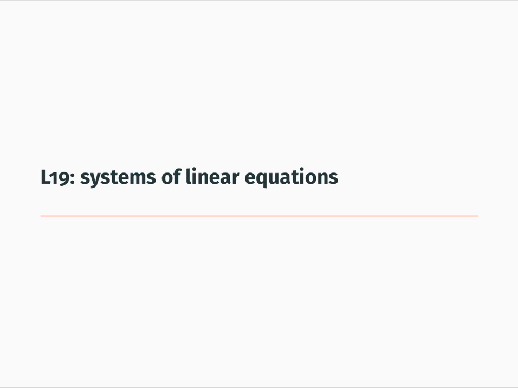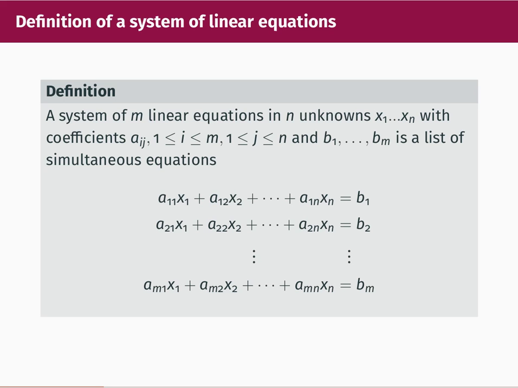We're now going to introduce what looks like quite a different topic, which is systems of linear equations. In fact, once we've got these things straightened out, they're going to help us a lot in our study of invertible matrices. Let's begin with the definition of a system of linear equations. A system of m linear equations in n unknowns, x1 up to xn, with coefficients aij and b1 up to bm, is a list of simultaneous equations